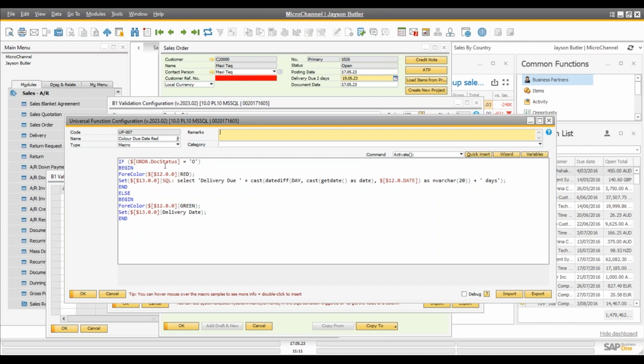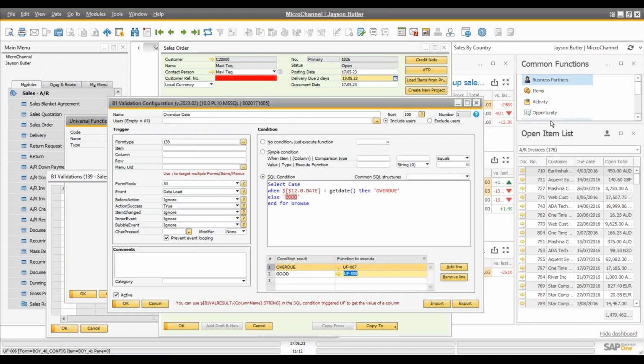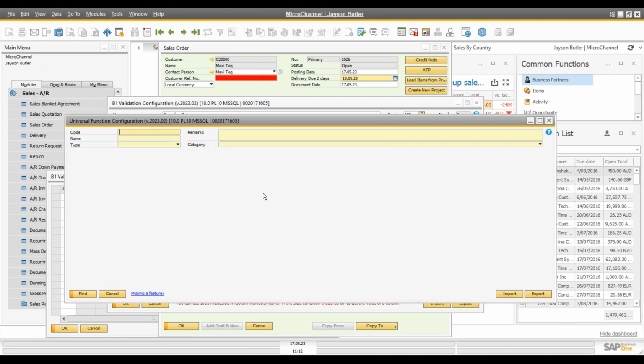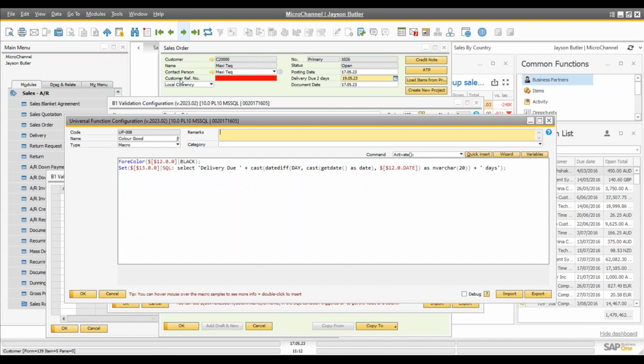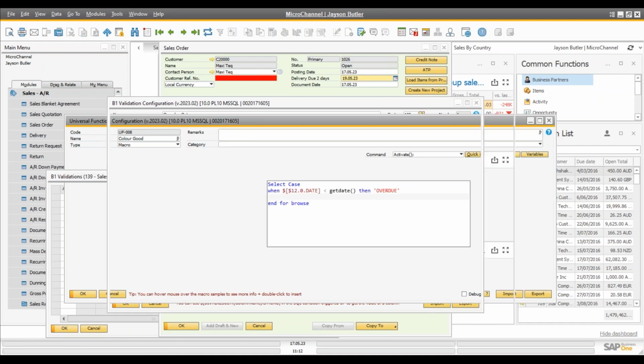Likewise, if the document status is not open, then set the date field to green and the label to just delivery date. It is a little bit technical, but for those of you with some technical knowledge, you'd be able to do this. Likewise, we have the other side, which is just a standard thing. Then it becomes black, and the delivery date is whatever it is plus the future. Okay,